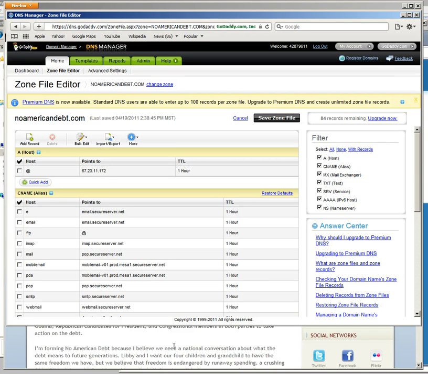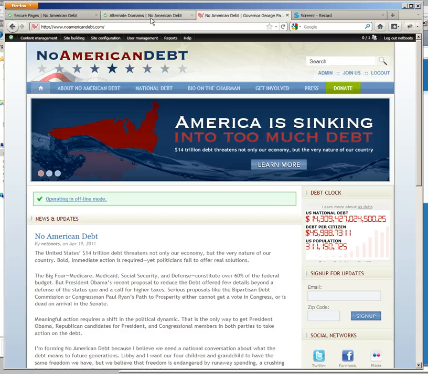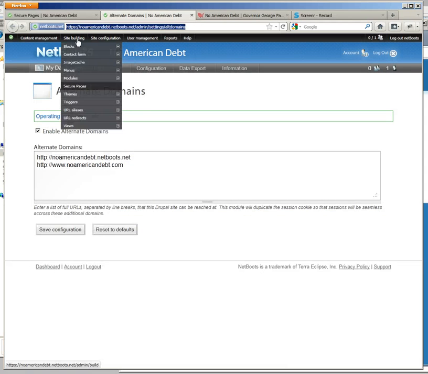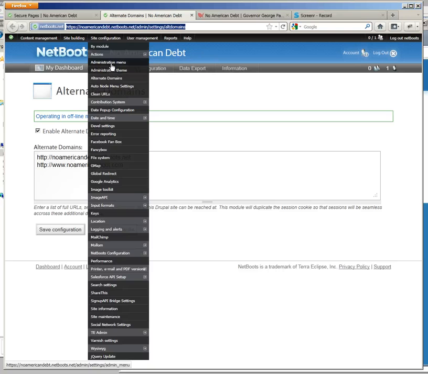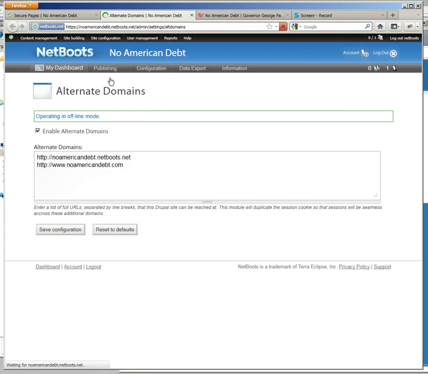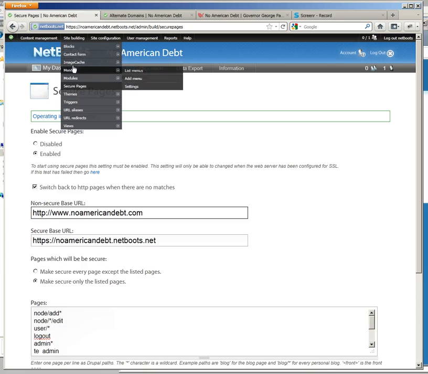Then what you would do is go back to their NetBoots site, and go to their alternate domains. So that's site configuration, alternate domains. And what you're going to want to have here is their NetBoots subdomain, and then you're also going to want to have their custom domain. It's okay if you pick the www or not www here. Just make sure that you match that on the secure pages as well. So secure pages is site building, secure pages,